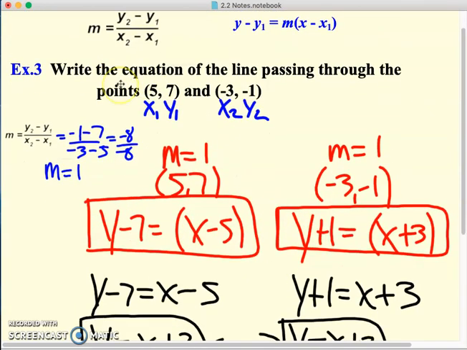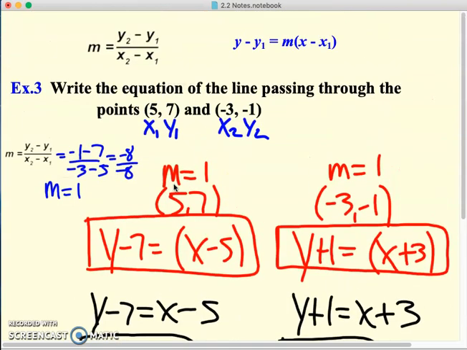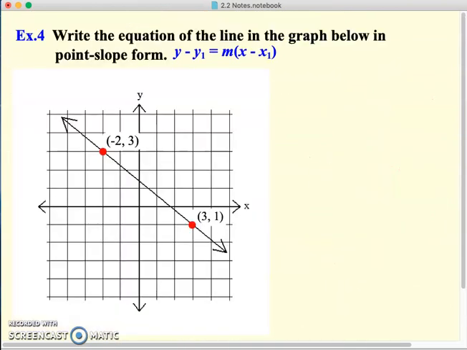Okay, so the idea of this problem is that I have to do a little upfront work, do a little slope calculation, then I can write one of the two. All right, one more to go. Actually, two more to go. So pull back a little bit from just throwing the stuff at you, go from a graph. Well, okay, so I got to count the slope. Easy enough to do. So if I count my slope,